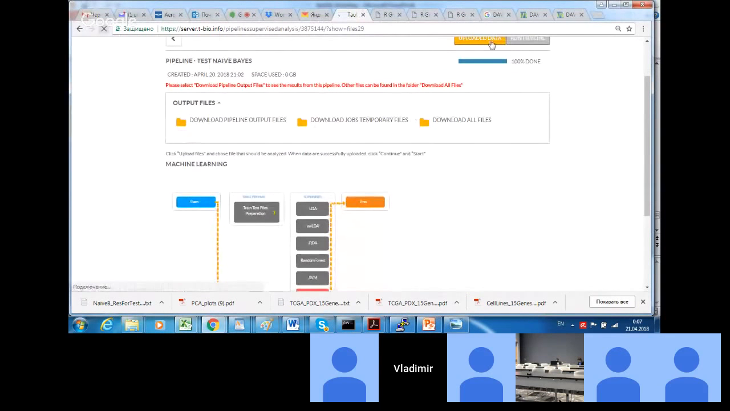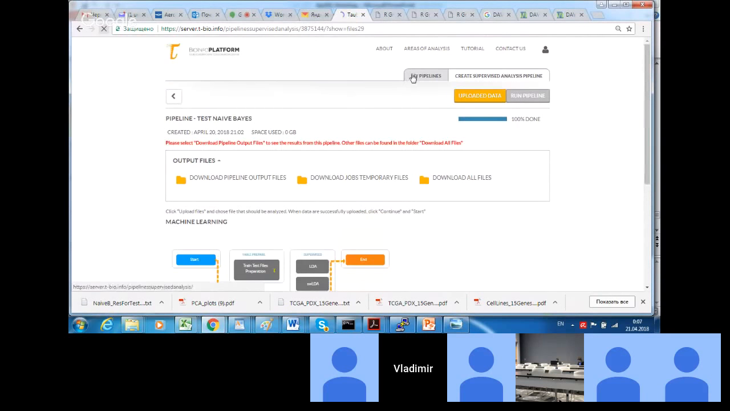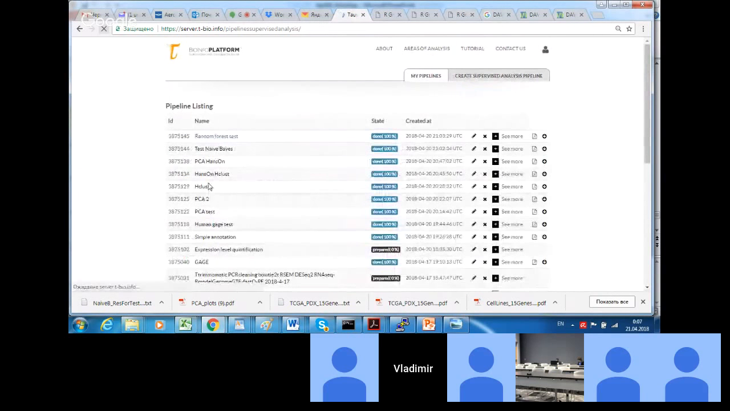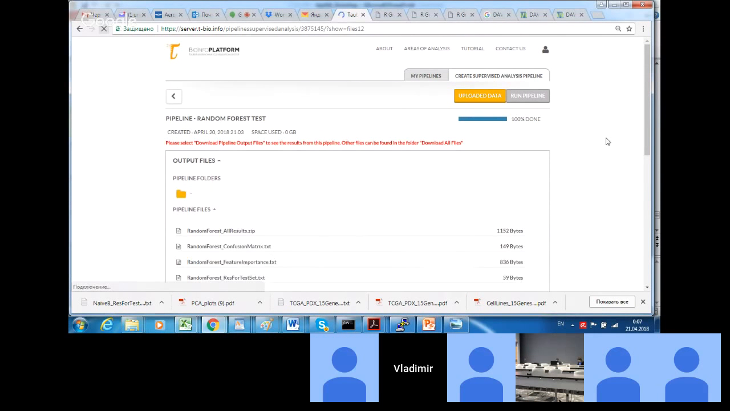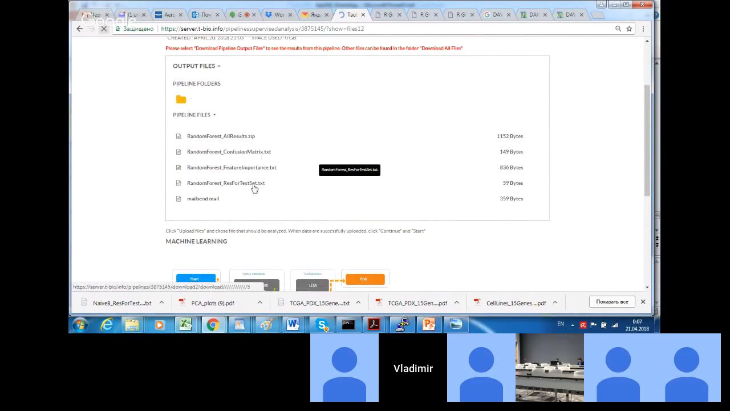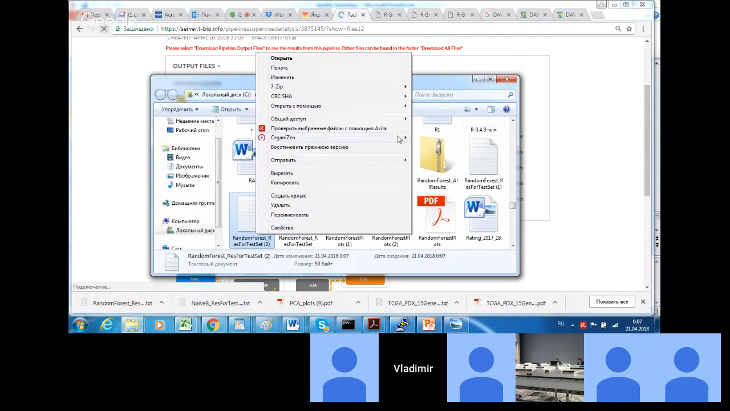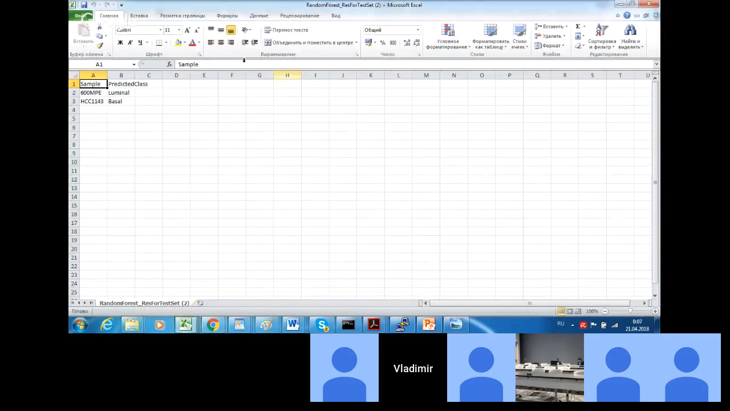In a similar way, we can look at the results of the random forest classifier. Again, in the set of output files, we'll have a file with a res for test set suffix, and for the random forest classifier, again, we see that the classification results are correct. Definitely, we can't expect this automated method to give perfect results in all the cases, but in simple cases,